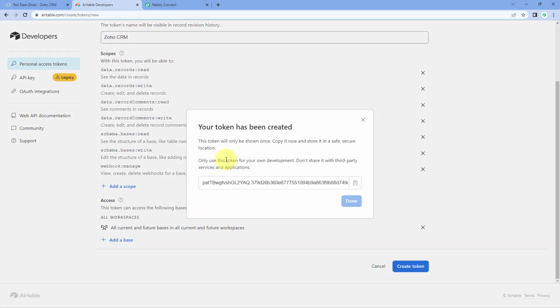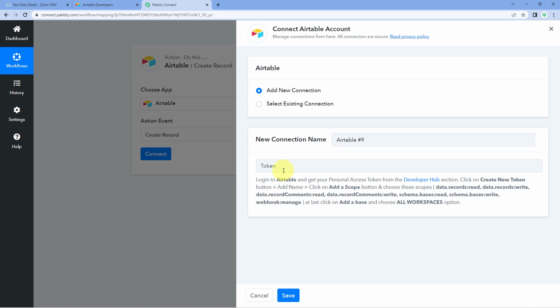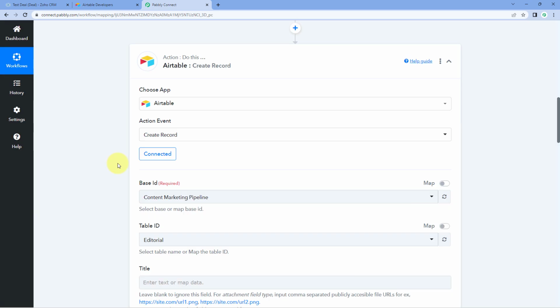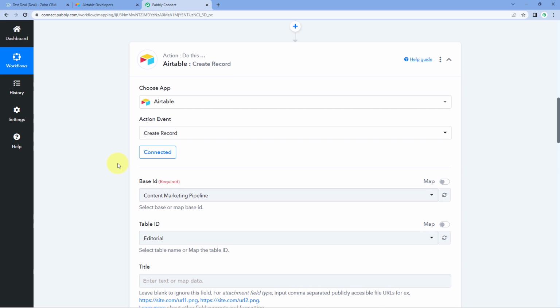And as we click on create token, a new API token has been created in our Airtable account. Just copy this API token from here, go to Pabbly Connect and paste it over here. And then just click on save. And as we click on save, we will see our Airtable account will get connected with Pabbly Connect. After making this connection guys, here we have successfully connected our Airtable account